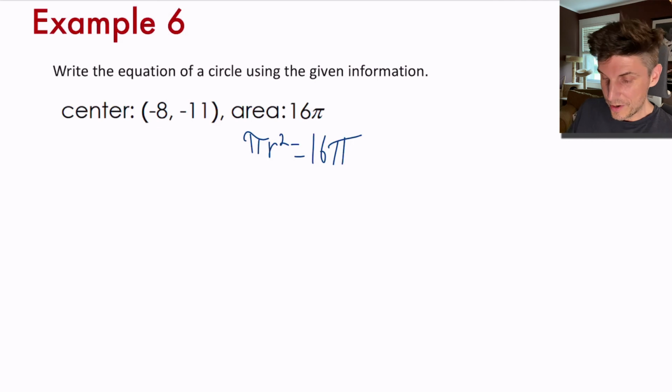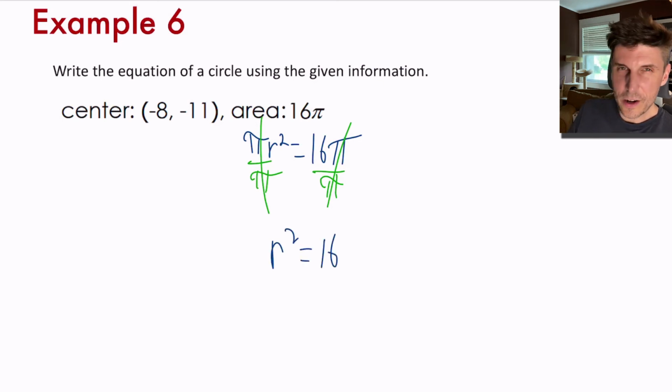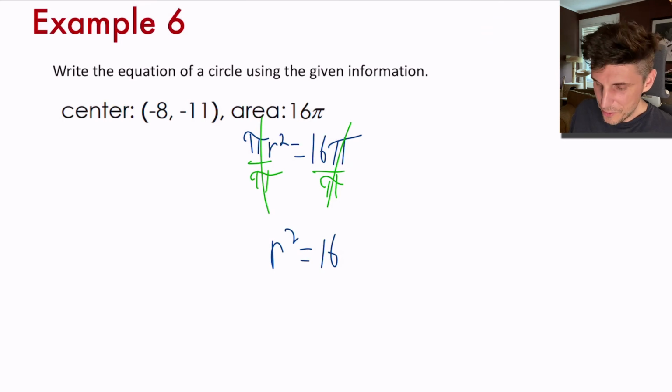Well, actually, you know what? We can just solve for r squared because that's all we really need, because we're going to be squaring it anyway. So you divide both sides by pi, and then we get r squared equals 16, which means that r is equal to 4, but who cares, because